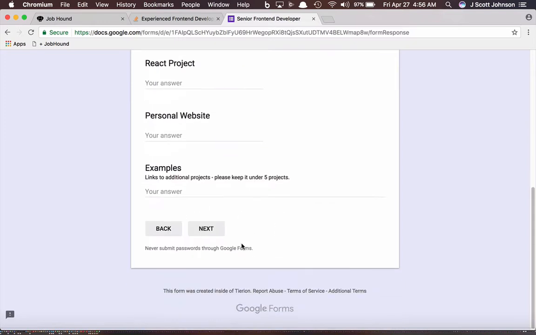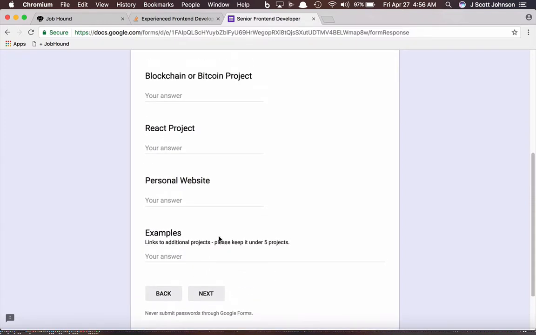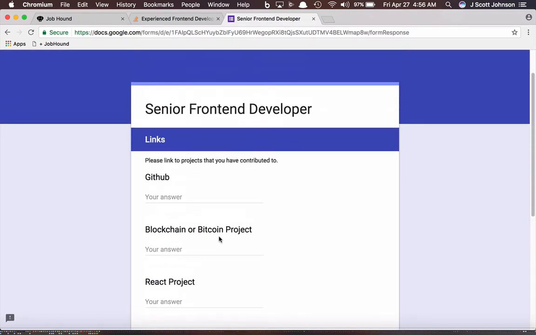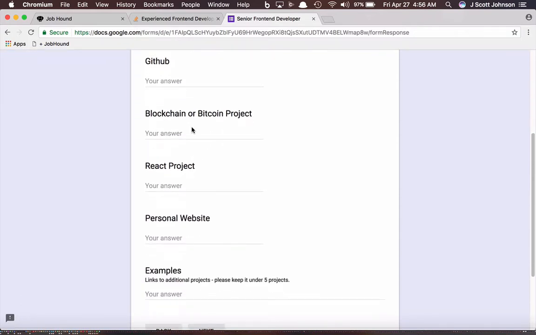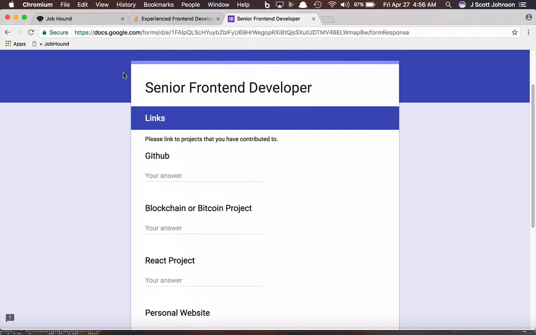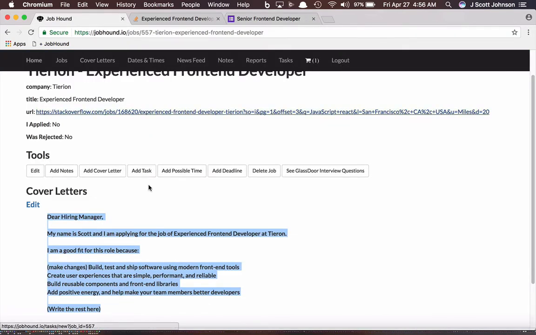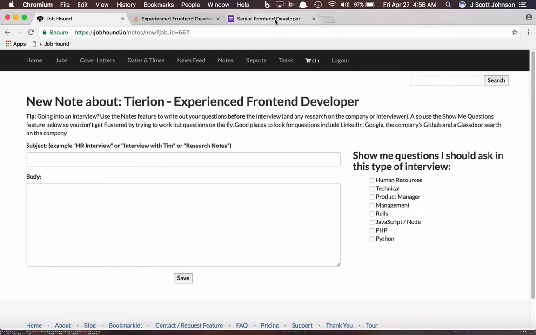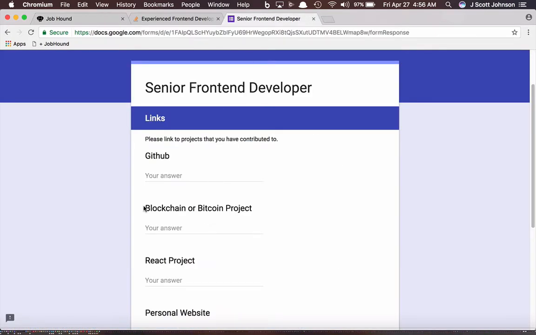Now, I'm not going to go any further here. At some point here, I would usually be able to paste in my cover letter. Okay. Now you'll also find that when you have a whole bunch of additional questions like this, one of the really nice things that Job Hound lets you do is you can go and add custom notes here. Okay. So when they see,